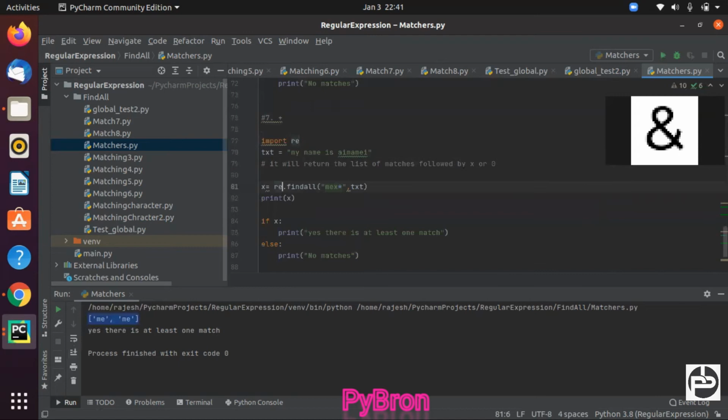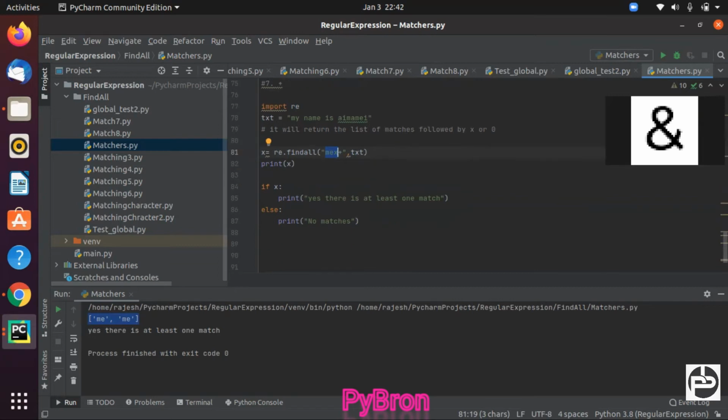So it will check me, and after me there should be one or more x, meaning at least one x should be there, me plus one x, then it will return that list. If it is not there, then it will return null.